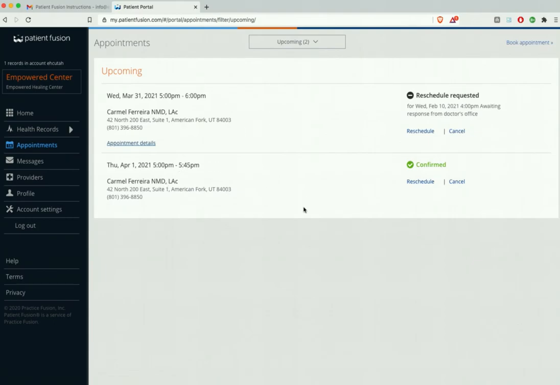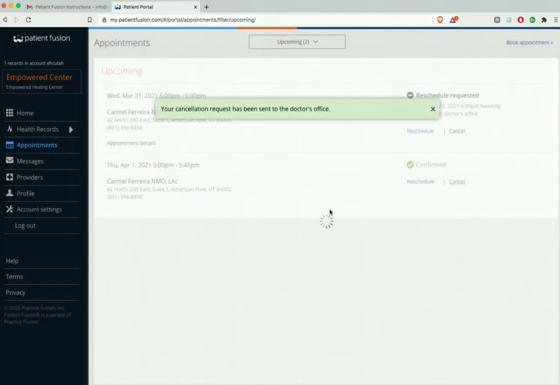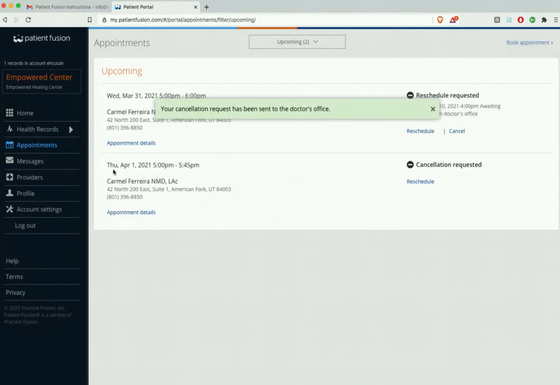Now in this particular appointment, you're also scheduled, and let's say you want to go ahead and cancel that particular appointment. And so you'd go ahead and hit cancel, and you'd give the reason why. Patient does not seem to have symptoms anymore. Time does not work anymore. Doctor does not accept patient's insurance or any other reason. And for the sake of this video, we're going to go ahead and choose time does not work anymore. And so we're going to go ahead and cancel that appointment. And at that point in time, you're able to do this without needing to call the office, and information can